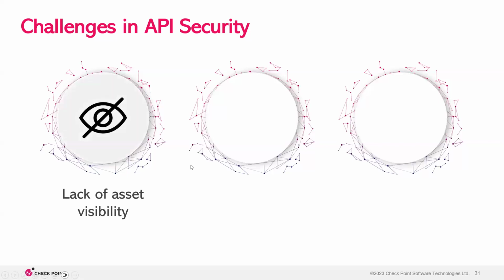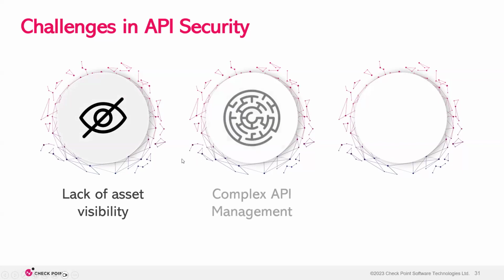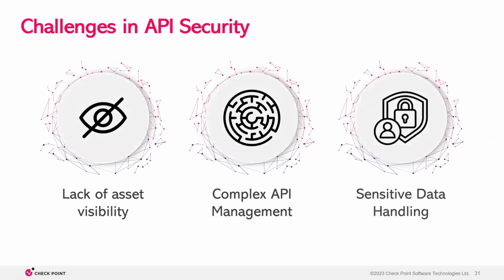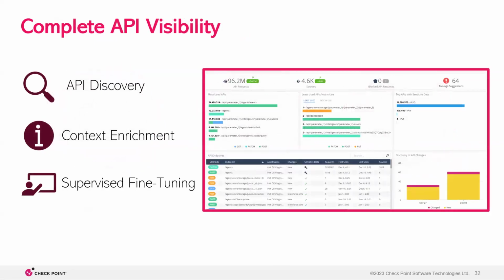Moving on to API security, right? So one of the challenges is visibility, right? So a lot of times we've run into customers, they don't know the APIs that they have. They know the API exists, but they don't have a schema. They're not sure how to manage it. Of course, APIs are handling a lot of sensitive data. So getting that visibility, being able to discover those APIs, get good context enrichment, and then fine tuning suggestions